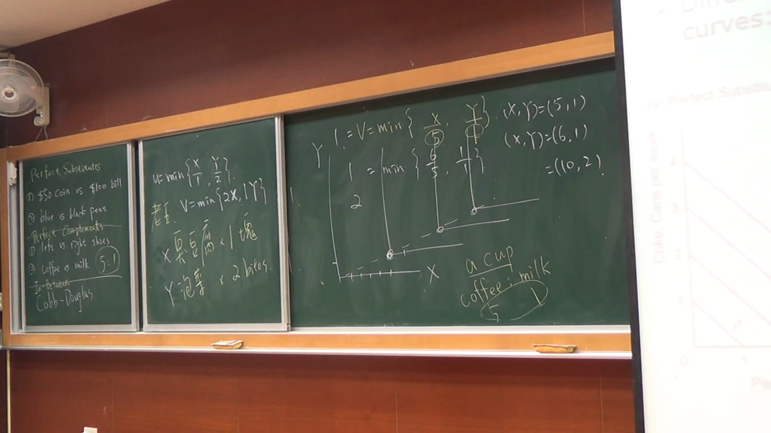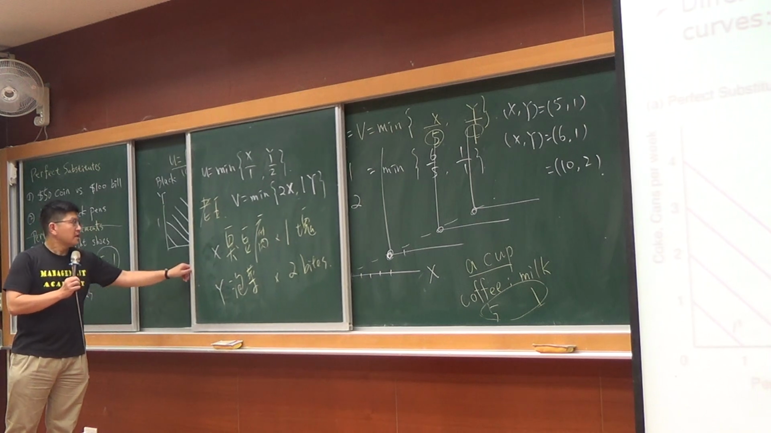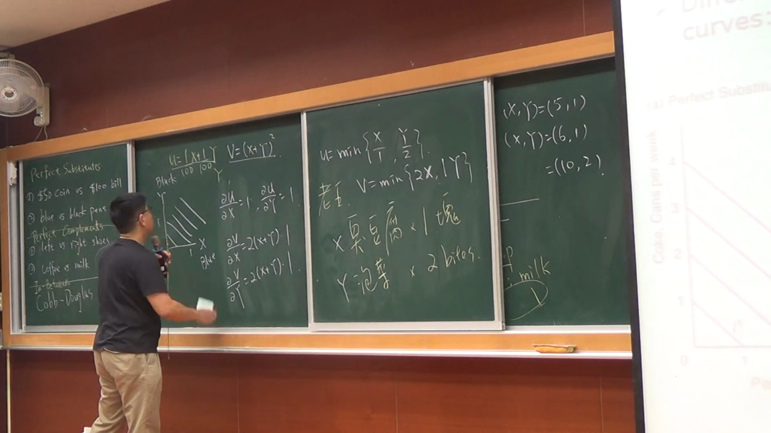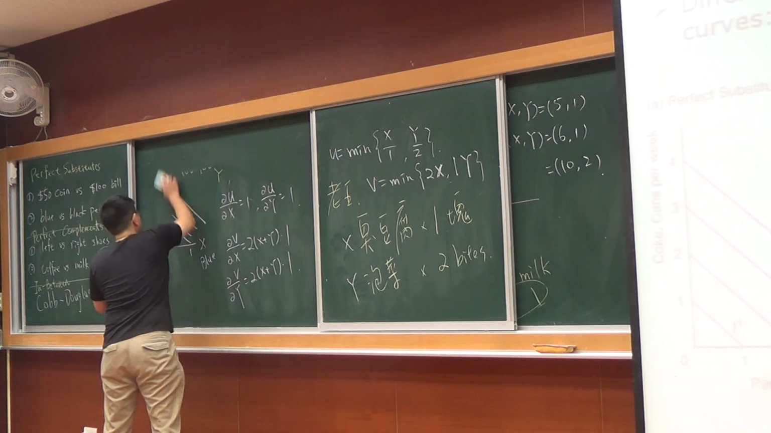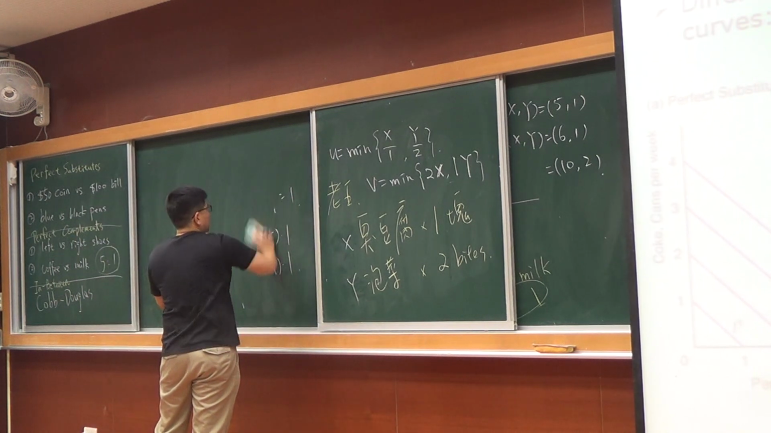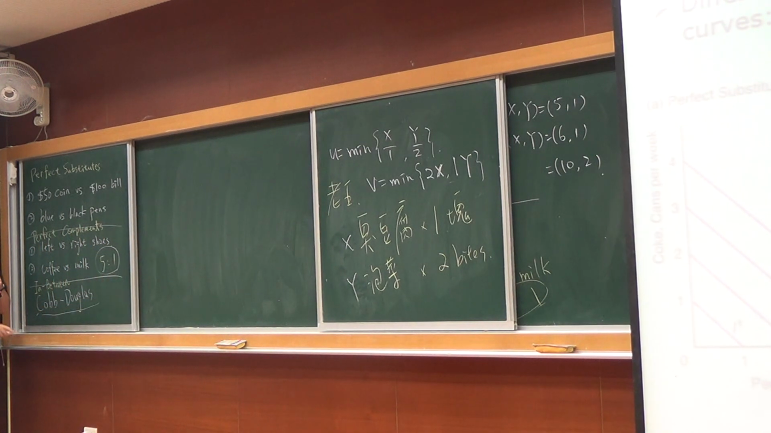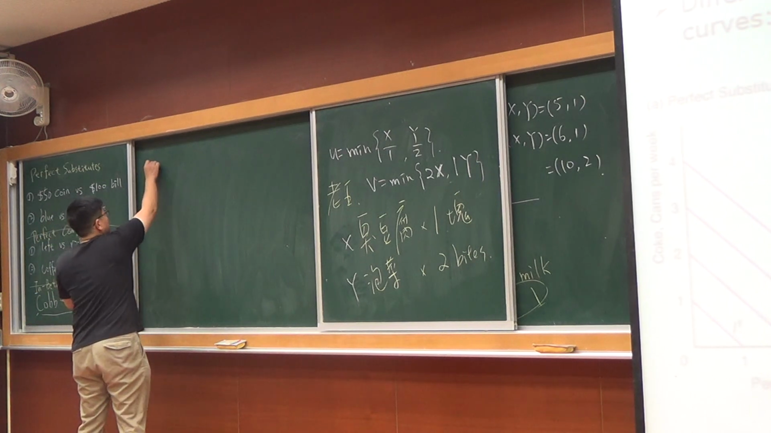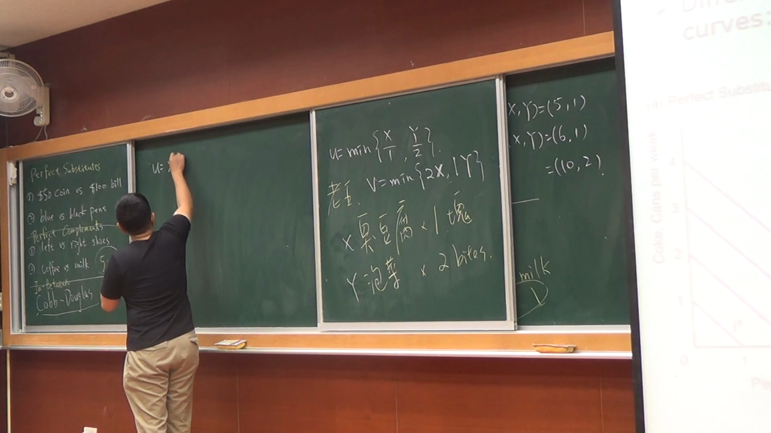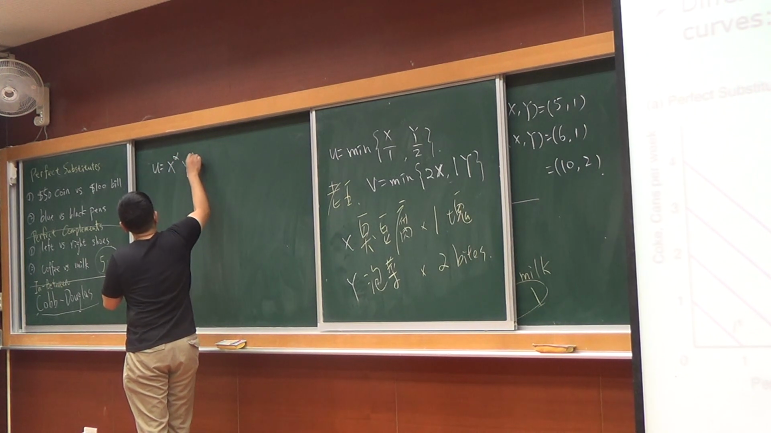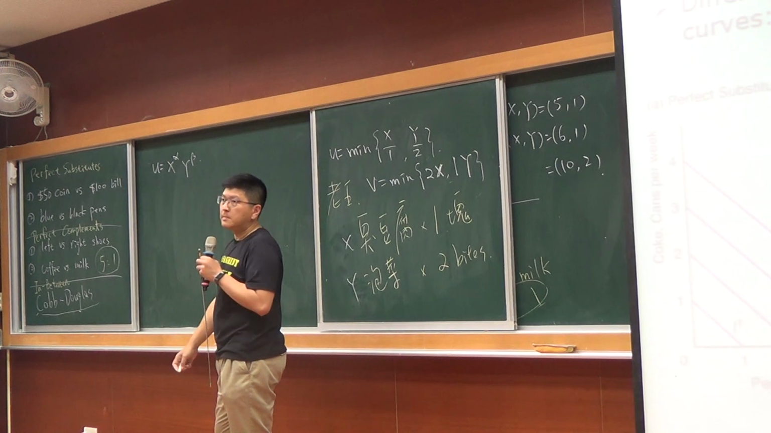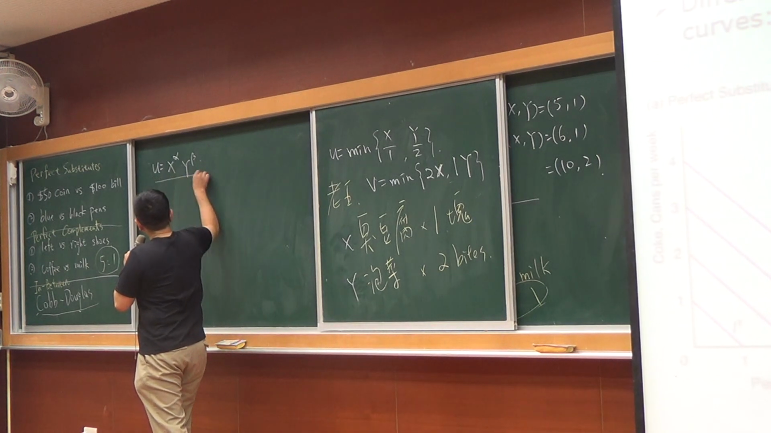All right. Perfect substitutes, perfect complements, and something in between. We usually use Cobb-Douglas as a utility function for economists because Cobb-Douglas is quite simple and very nice to use. X to the power of alpha, y to the power of beta. We call this kind of utility function the